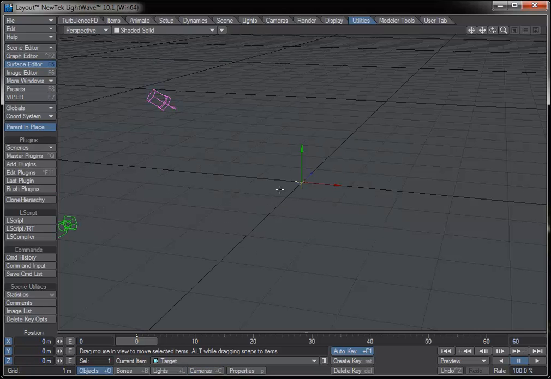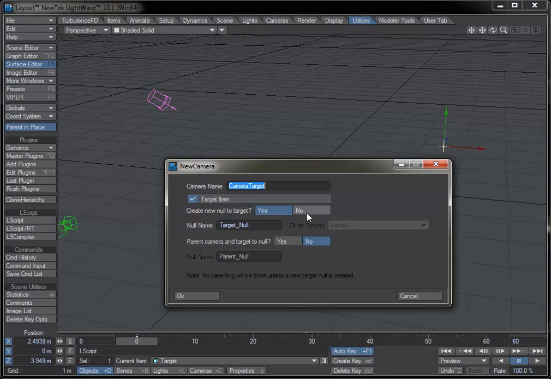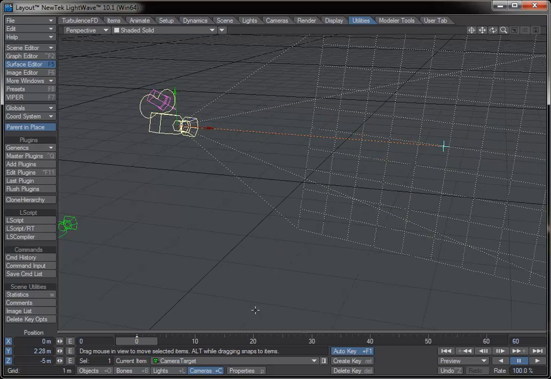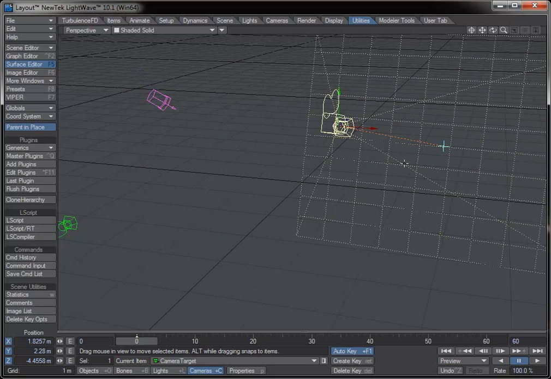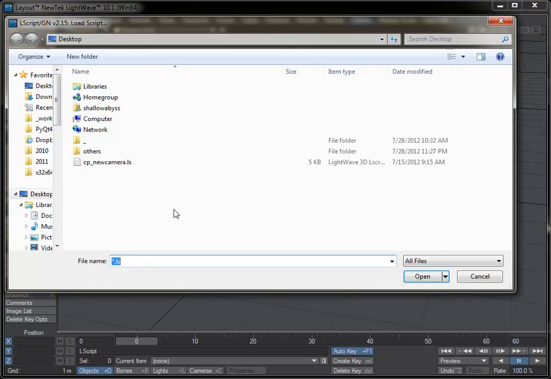I will create a new null called target, and I will put it somewhere else, just out of the way. I will run the script again, and this time, instead of saying create a new null, I click no, and I can choose this target item. So I click OK, and as you can see, it automatically targets it. So if you have pre-existing geometry in your scene, you can have the camera automatically set up to target it without having to go into motion options. So I will delete that, and now I will run it one more time,